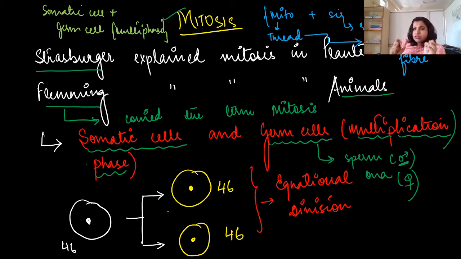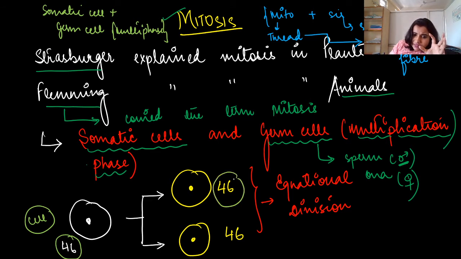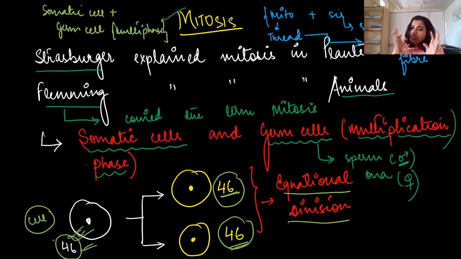Now what is actually mitotic division? Suppose this is a cell, this cell is having 46 chromosomes, right? Now when this cell moves into the cell cycle, after coming out from the cell cycle, it will form two cells, two daughter cells, right? The daughter cells also have the same number of chromosomes as the parent cell. So as the number of chromosomes is similar in both parent and daughter cells, we call this mitotic division equational division. Why equational division? Because 46 chromosomes, 46 chromosomes, equal in both parent and daughter cells. So we call it an equational division, right?